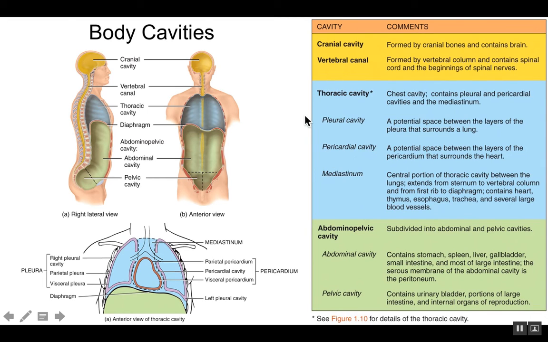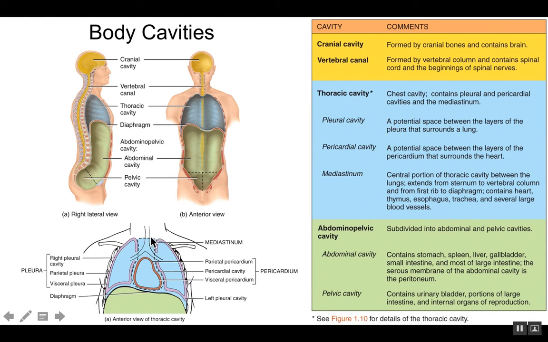Thoracic cavity you want to spend a little more time on because it has subcavities. The entire chest cavity is your thoracic cavity. Each lung is inside its own pleural cavity. The heart is inside the pericardial cavity. You can see that here. And then the area in between the lungs is called the mediastinum. That might be one you've never heard of. The mediastinum is defined by being in between the two lungs, above the diaphragm,